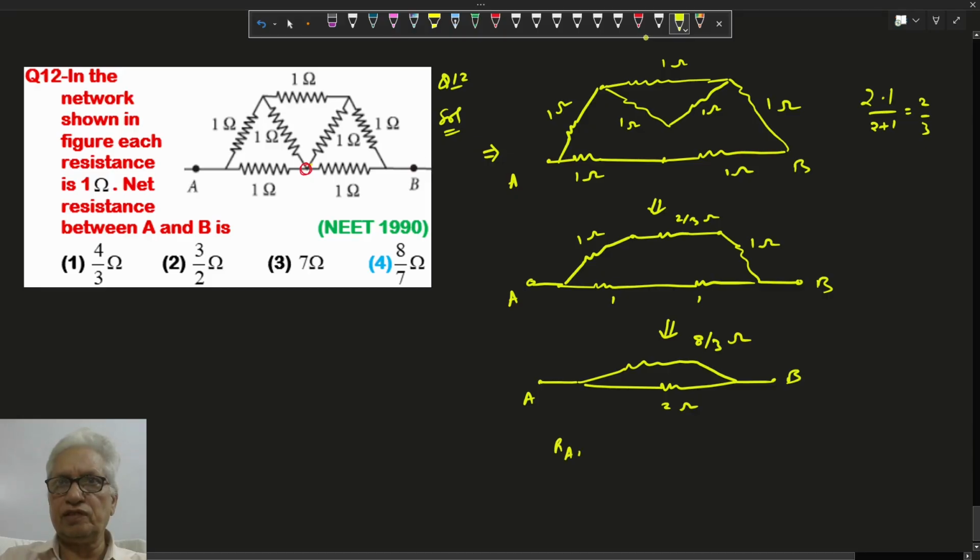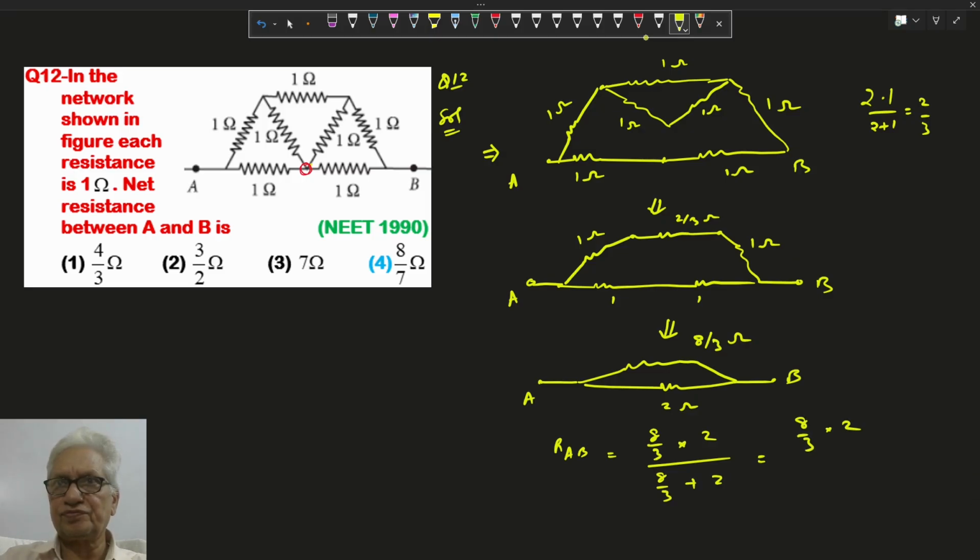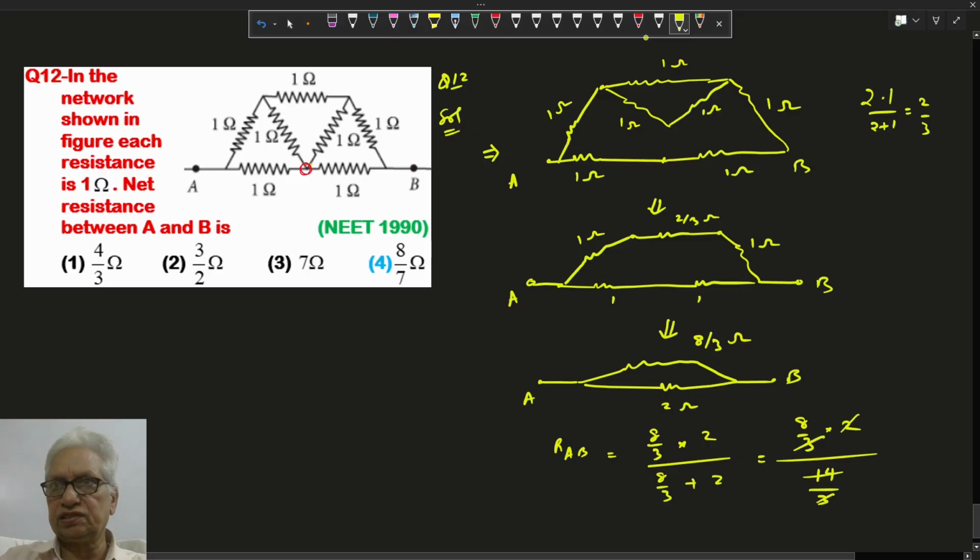So RAB will be R1 R2 upon R1 plus R2, 8 by 3 times 2 upon 8 by 3 plus 2. We take 3 common, so this cancels out. Now it is 16 upon 14, which will be 8 by 7 ohm. Option